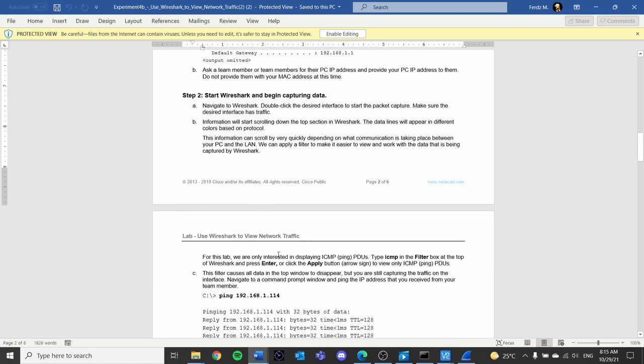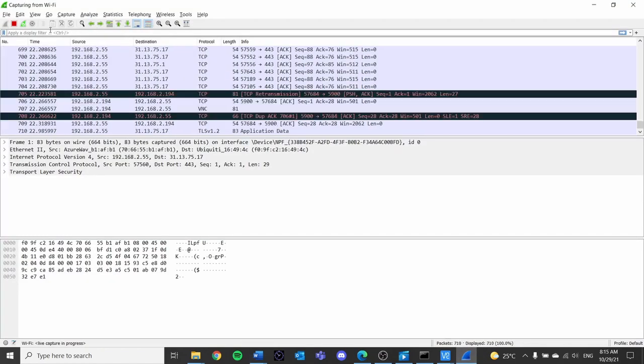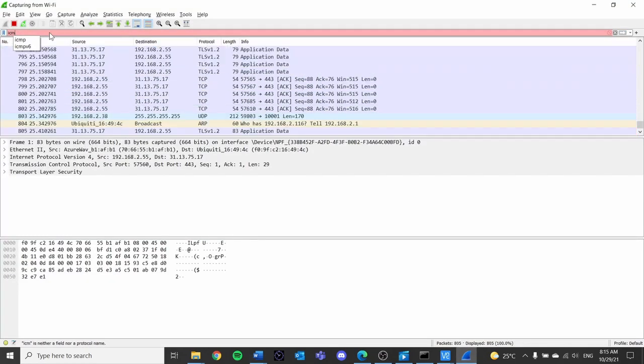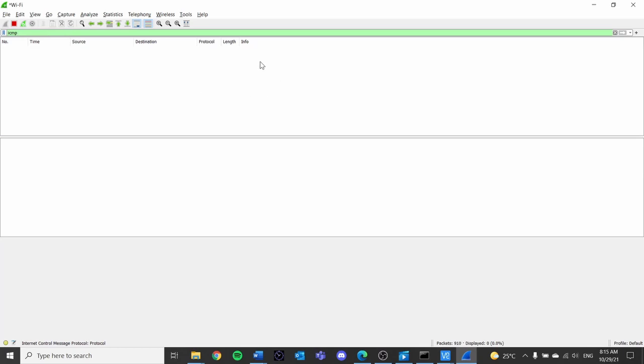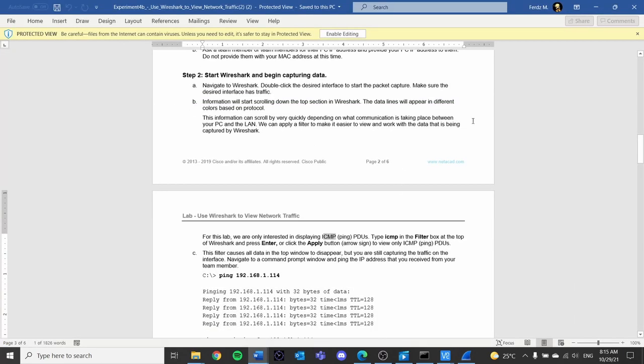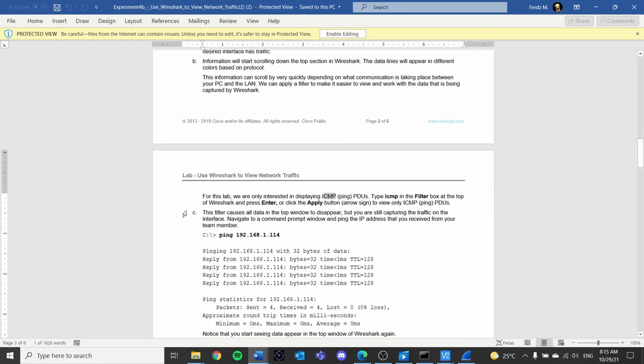In this lab, we are only interested in the ICMP ping PDUs. To do this, we will type ICMP in the filter box at the top of Wireshark. So, ICMP. And as you can see, the other packets are not visible anymore. And then the next step, this filter causes all data to disappear, but you're still capturing data traffic on the